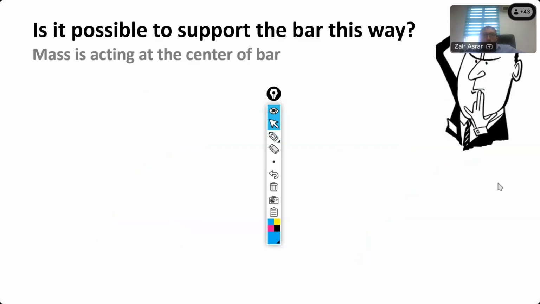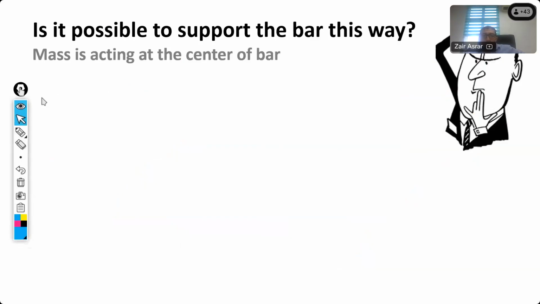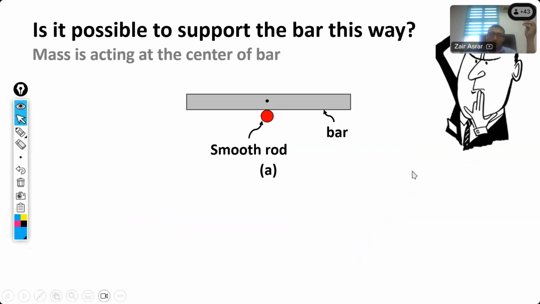All right, so let me test your intuition. In this case, I have a simple problem. I have a bar or a beam, in 2D sense. It's just like some rod, something like that. I think I've given you this example a lot in the class. If I want to support this bar or my marker in the class, the simplest way is to put my finger right underneath the center of gravity of this particular bar.